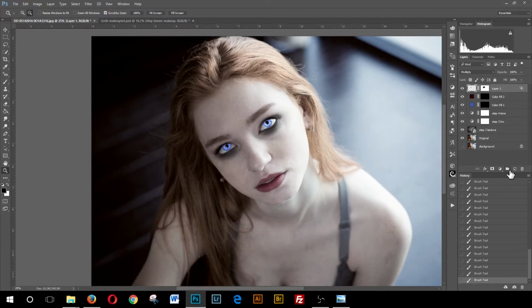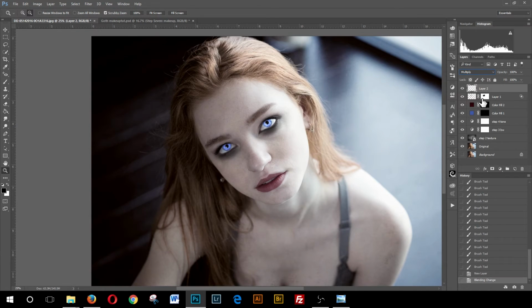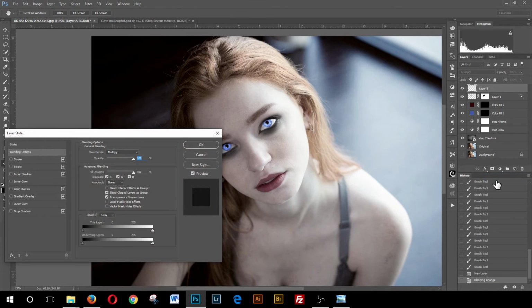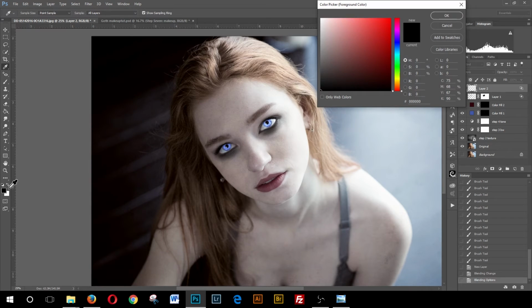For example, I added another layer here, set to multiply. Gonna go ahead and do my blending options and say blend if, and then I'm gonna go about 180, 170. Go a little bit lower. I'm gonna go about 175, 176, somewhere in that area. Go okay. I'm gonna grab my brush, and then this time I'm going to use a completely different color, maybe something similar to what I used in the lips, which is